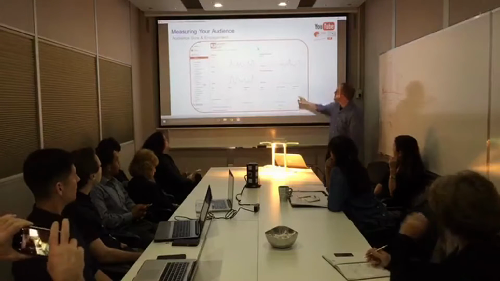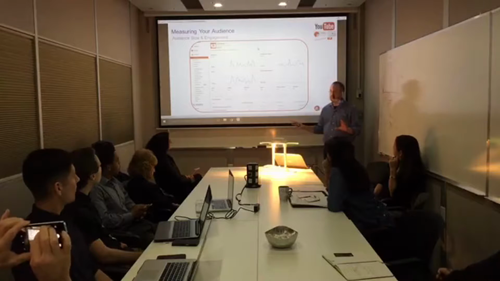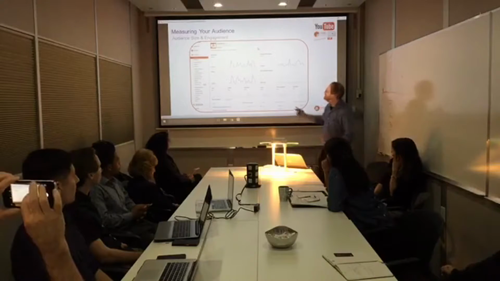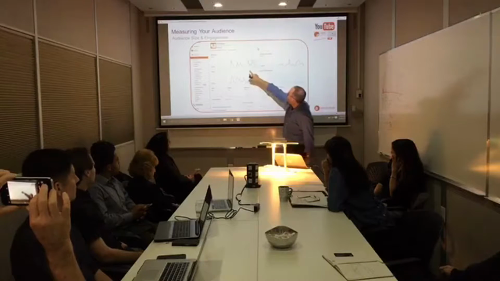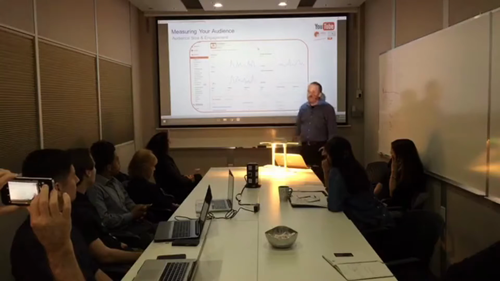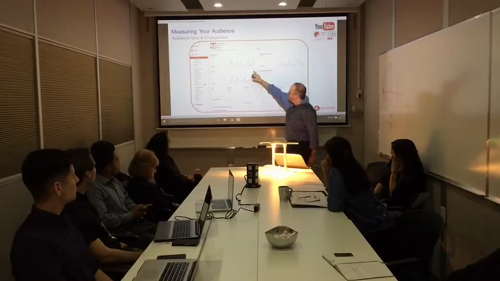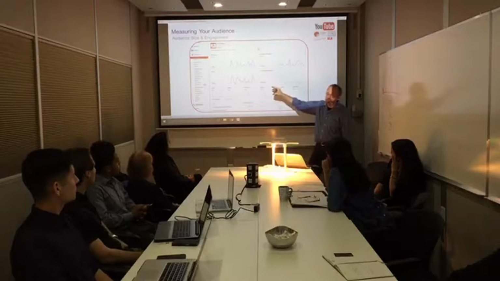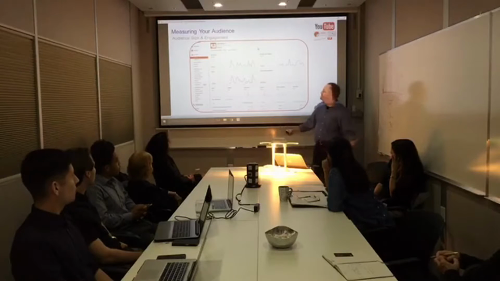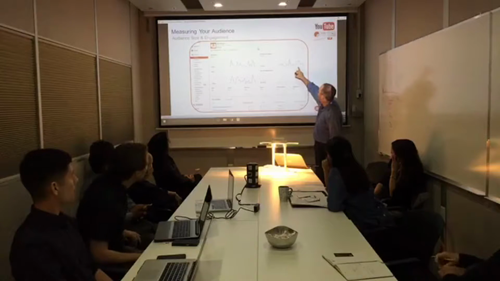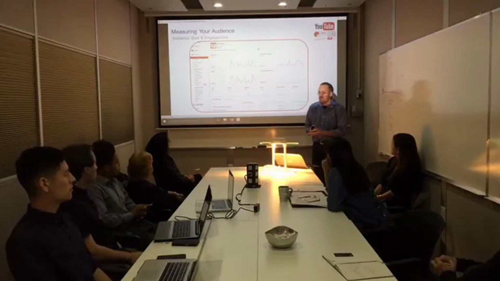So, for instance, this is like the macro view that you get when you look at the YouTube Analytics page. And what this shows me is that, for instance, over March 17th to April 13th, which is when I put this slide together, I had a total of 278 minutes of my videos viewed. So maybe 4.5 hours or so by all sorts of people, right? The average time was 1 minute and 44 seconds. So people are actually engaging with it to some degree.